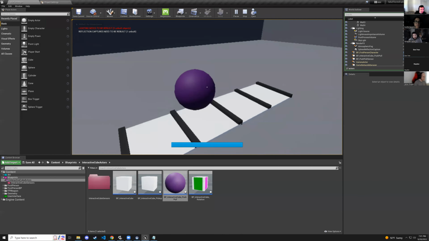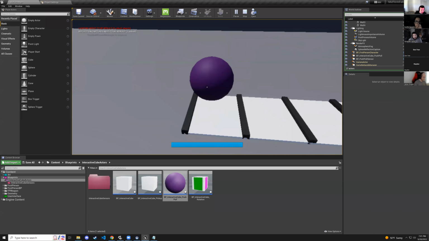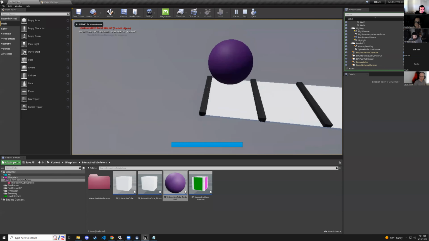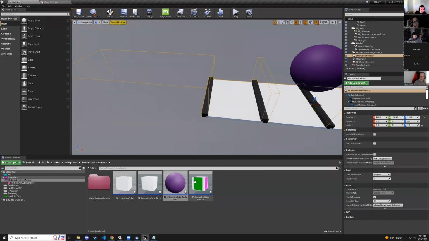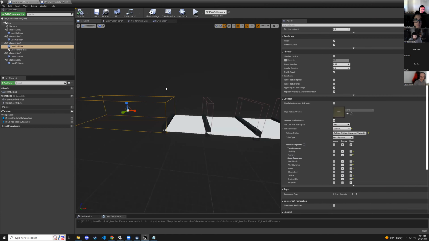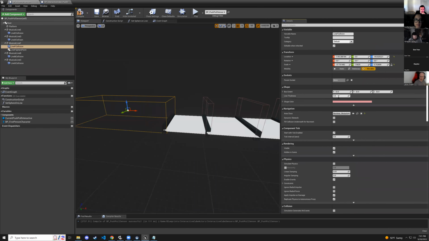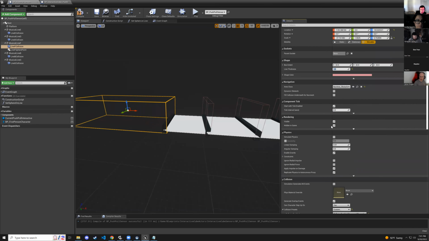So the difference, if you can't tell, is that the ball is not exactly stopping on our blue, because the collision volume is kind of in the way. And of course, I think you actually explained last time why it's annoying to do. Yeah, and students don't have to do this. I'm just demonstrating